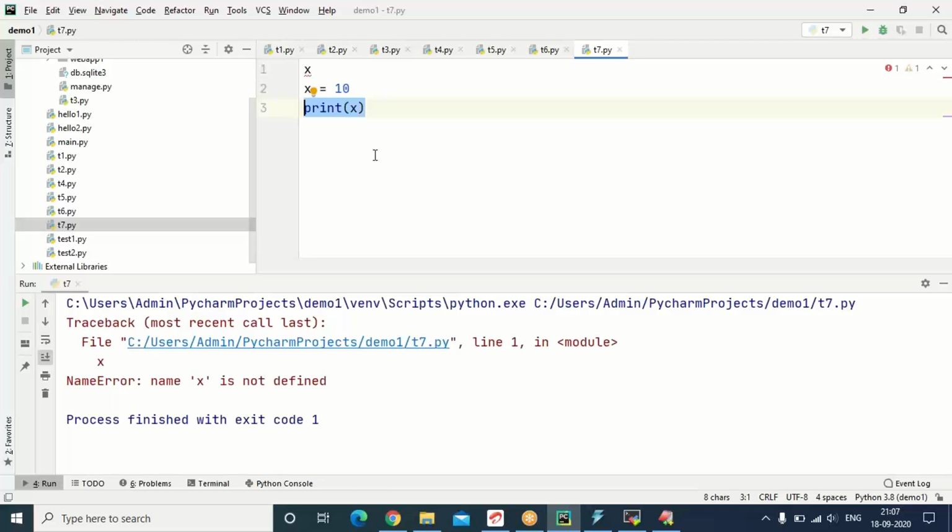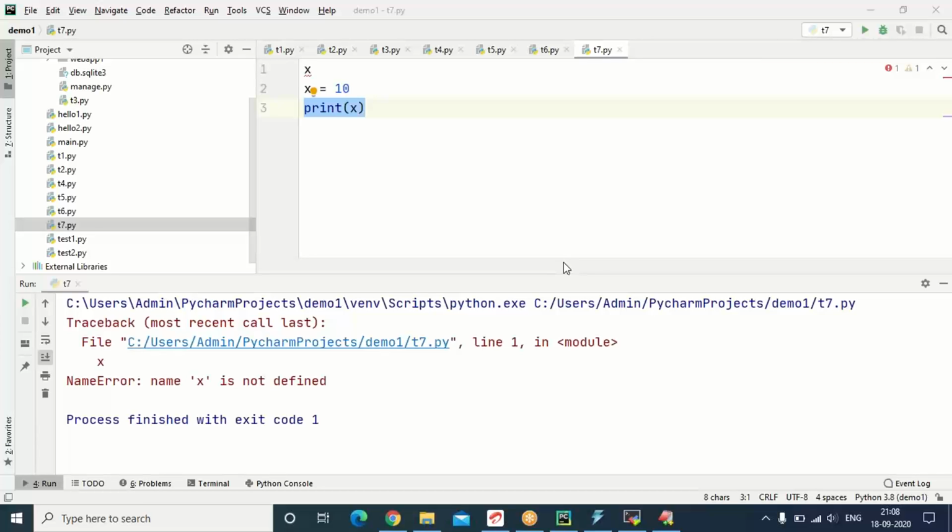Wherever variable is declaring, there itself you have to provide initial value. Mainly there are three differences between Python and Java with respect to variables.